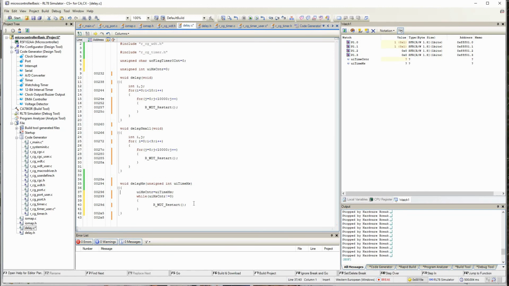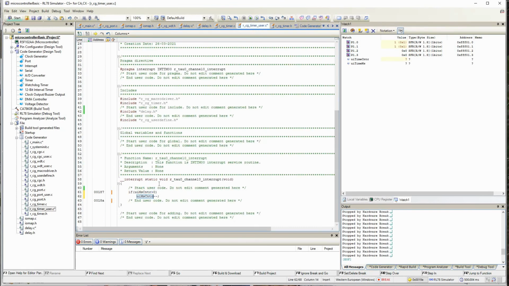So now let's see if this logic works. Let me tell you in one second. When I pass millisecond delay 500, I am loading 500 into this ui millisecond counter. In the timer interrupt, if this value is greater than 0, if 500 is greater than 0, it will become 499, then next interrupt 498. So every millisecond it will decrement by 1 till it hits 0.